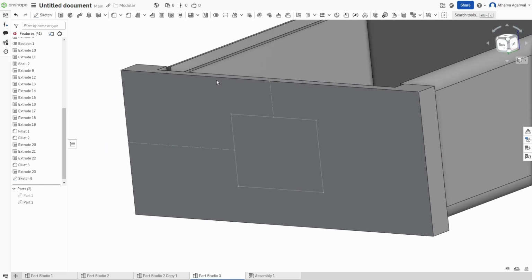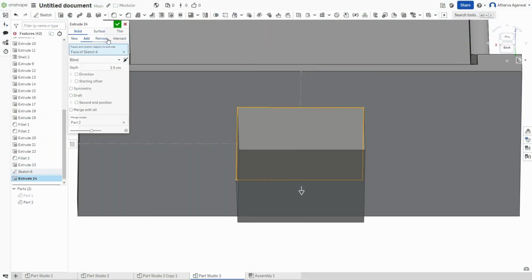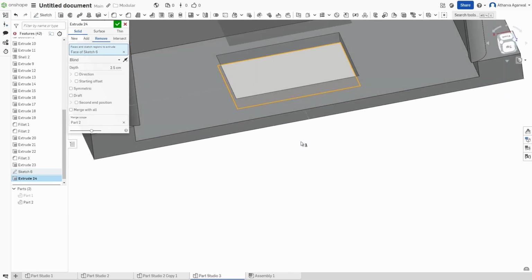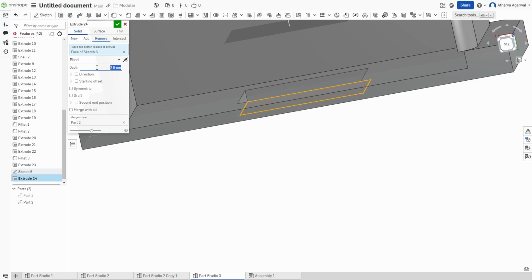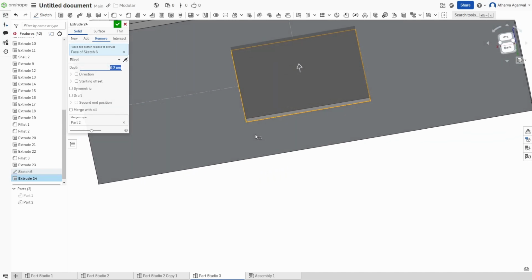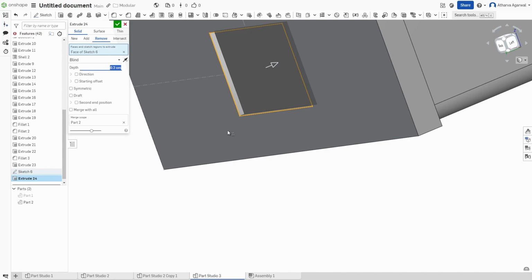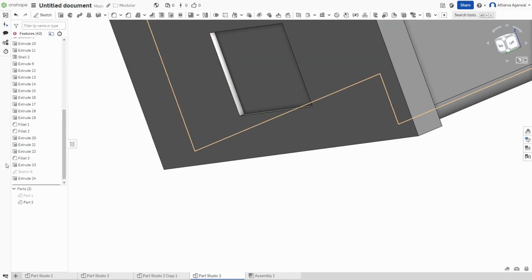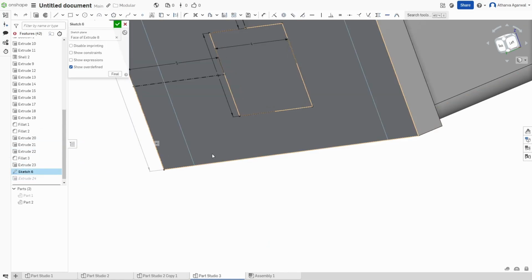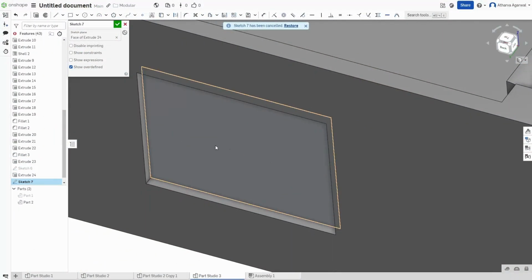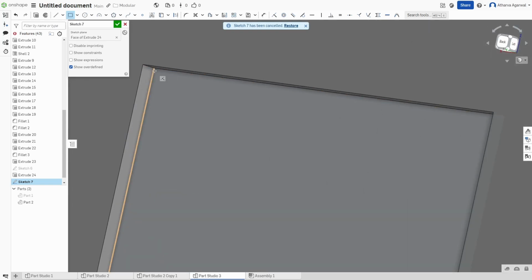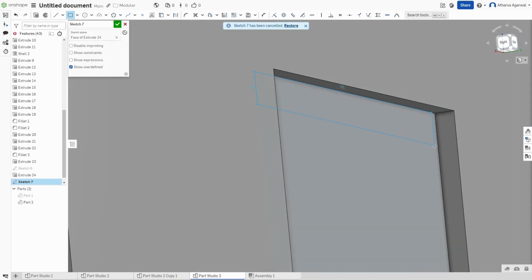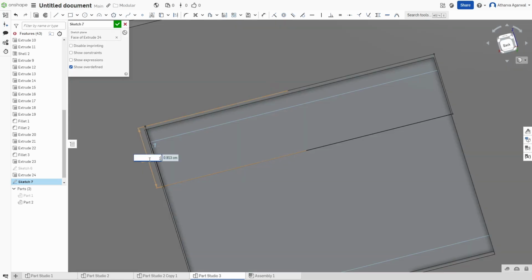I can click OK. So I'm gonna have to add an extrude, some remove, but you can see it kind of creates this hole. So we really don't want that. So all I'm gonna do is make that 0.2 just to have some kind of indent into it. As you can see, I've done here. And then I'm actually gonna come back to my sketch, make it visible again, select the inside rectangle, select one of those corners, go over to another one. So now I make that 1 cm, click OK,